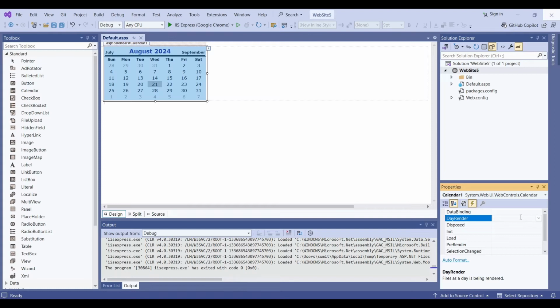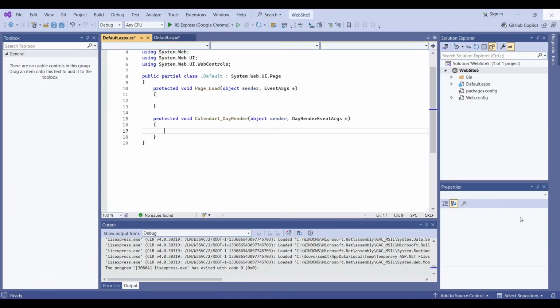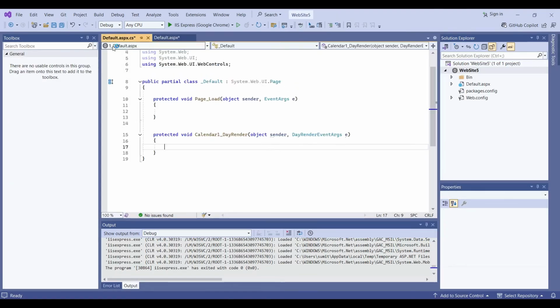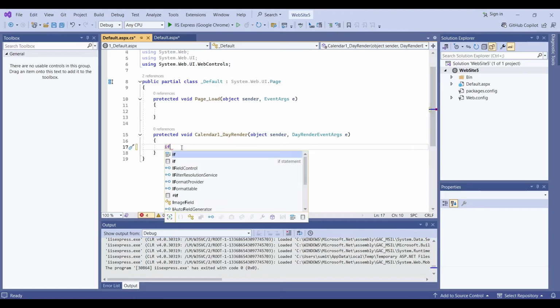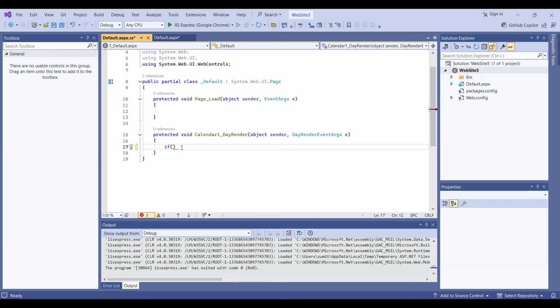So I will double click on the day render. After double clicking on the day render, you will get the .cs file. Now under this function, that is calendar day render, I will write my code. Okay, now if my date, so if e dot, what is e, it is your day render event. So if e dot day dot